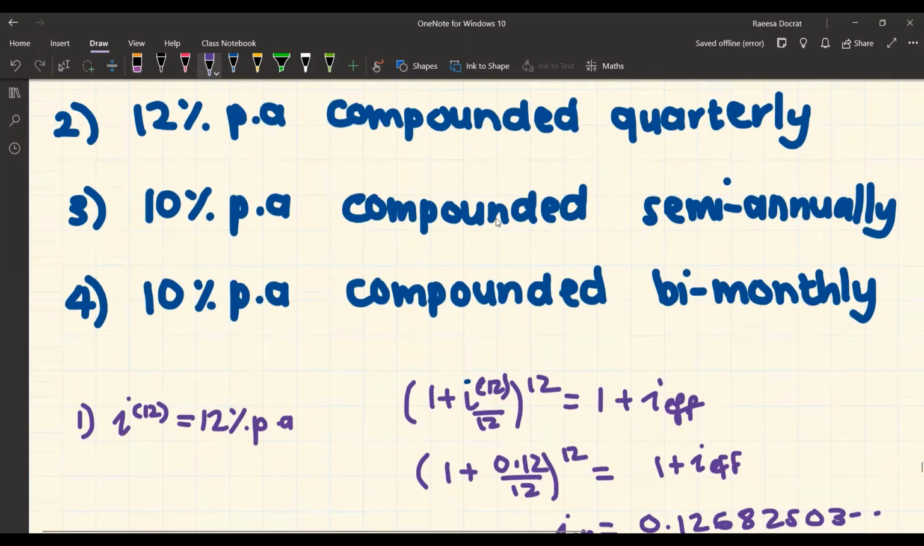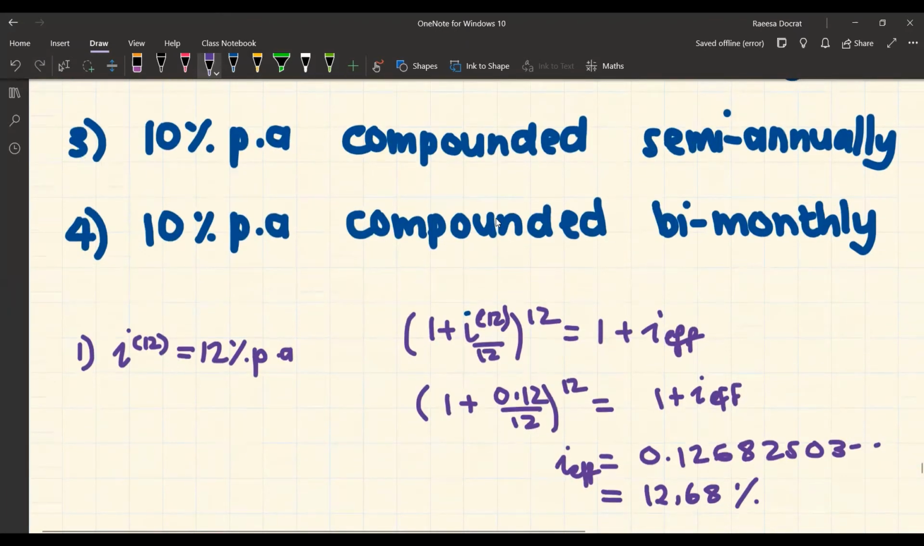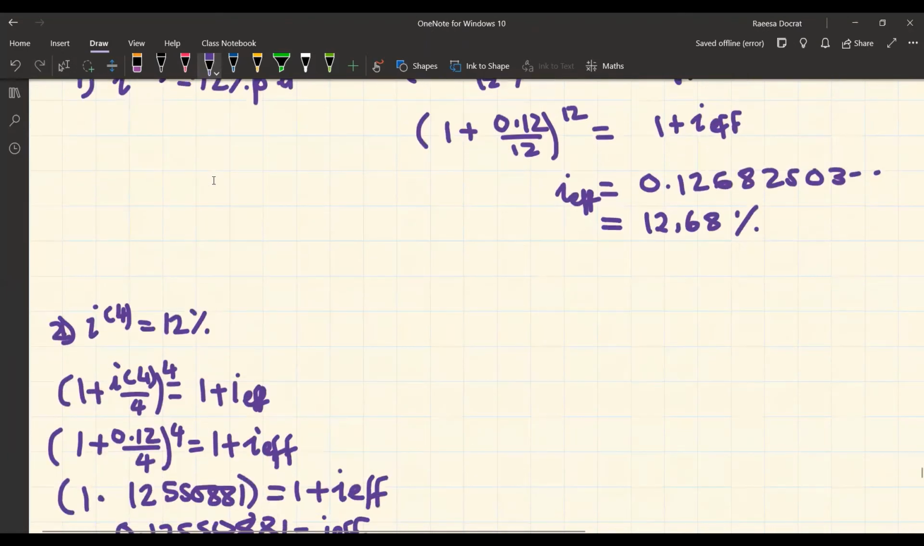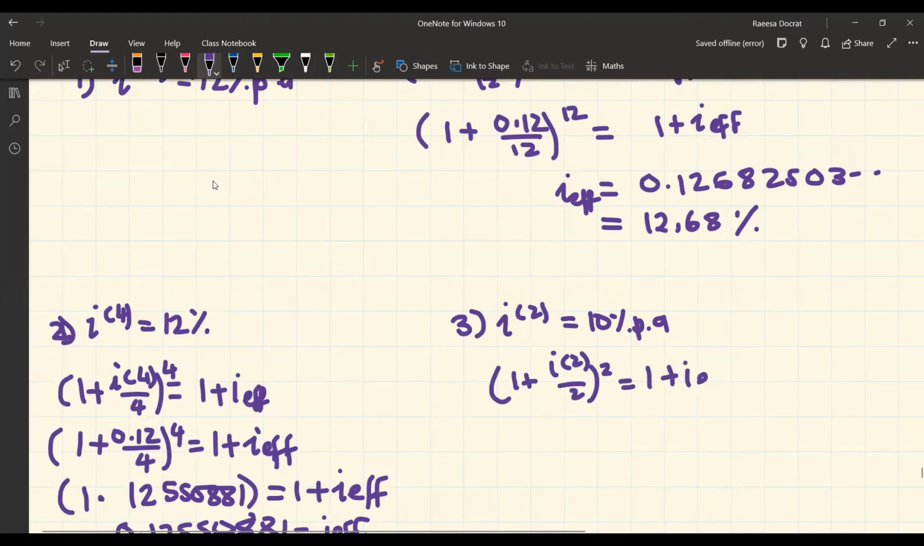Okay, let's look at the next one: 10% per annum compounded semi-annually. Semi-annually is twice a year, so we have i_2 is 10% per annum. So we have (1 + i_2/2)^2 = 1 + i_effective. So this here is (1 + 0.1/2)^2 = 1 + i_effective. Again, typing that into our calculator, we get that